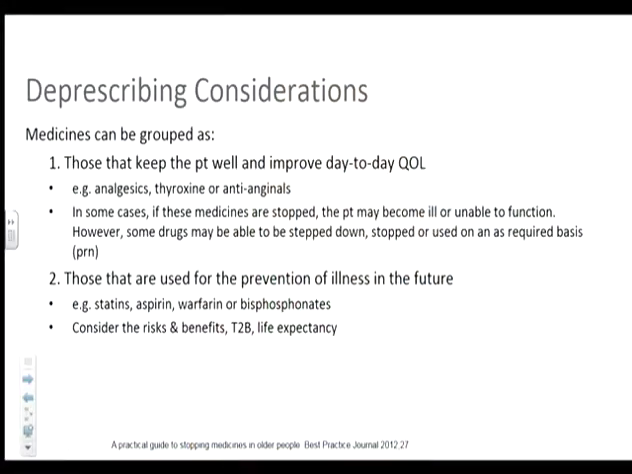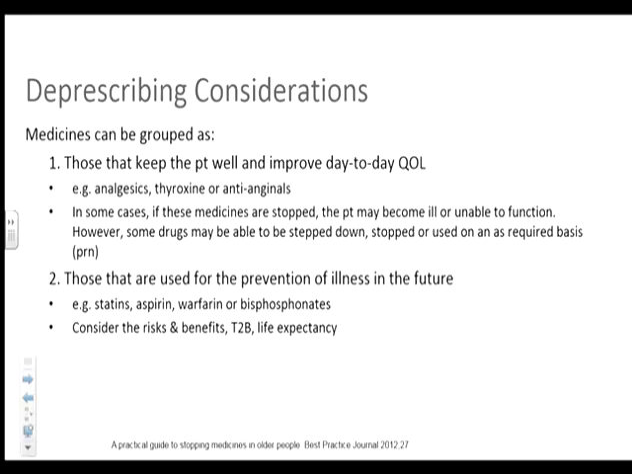So the first group of medications are those that keep the patient well and improve their day-to-day quality of life. For example, analgesics, they're painkillers, or maybe they're thyroid pills, or perhaps they're anti-anginals for that chest pain. In some cases, if these medicines were stopped, the patient might become ill or unable to function. However,